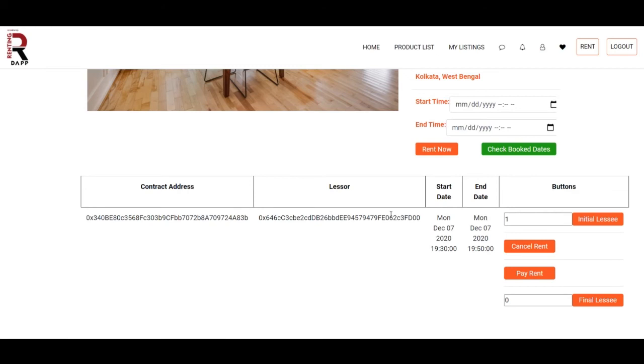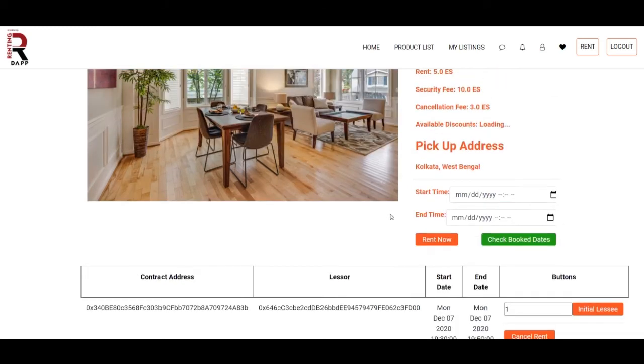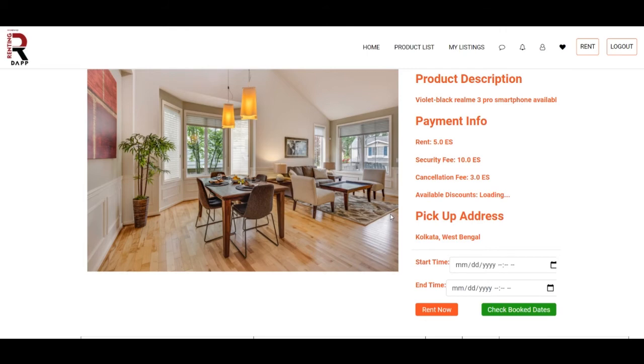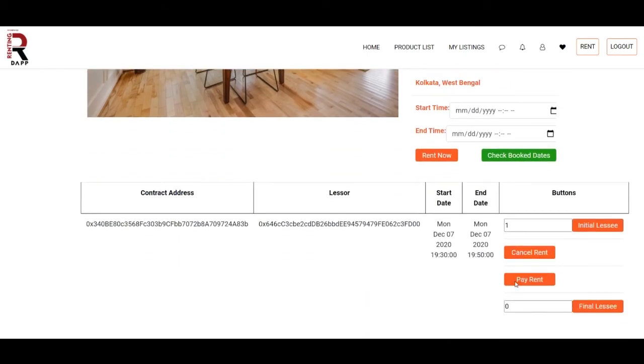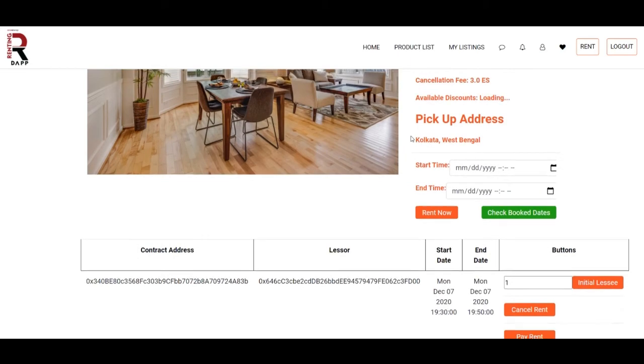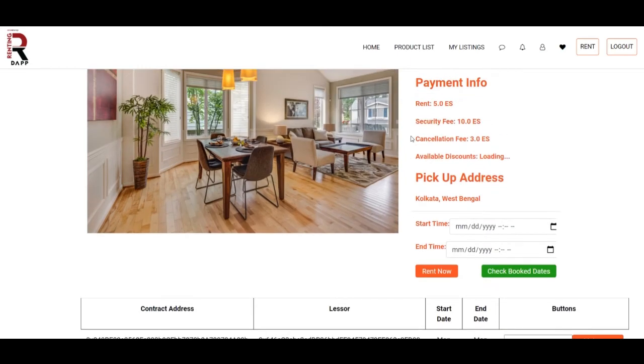So, which basically means while returning the product also, there is a check from both the ends to just cover up any cases of damage. Suppose while returning there is a damage caused to the item, so the owner will be charging some fees for that, which again must be less than or equal to the security fee. Okay, so in this case both people have to agree that yes, there has been some damage caused to the item.